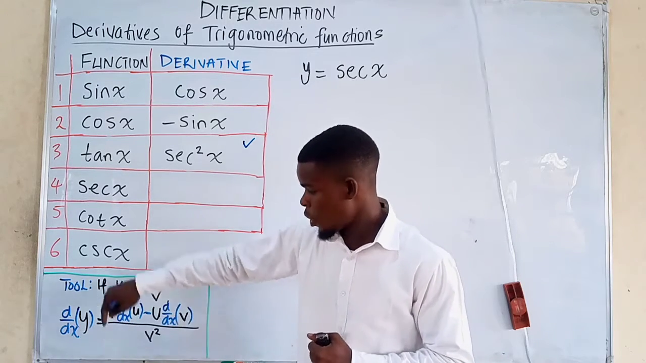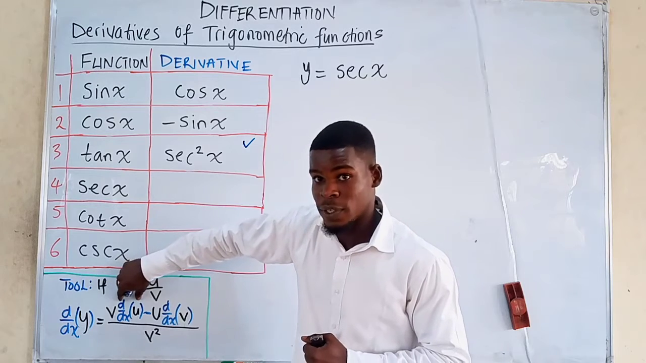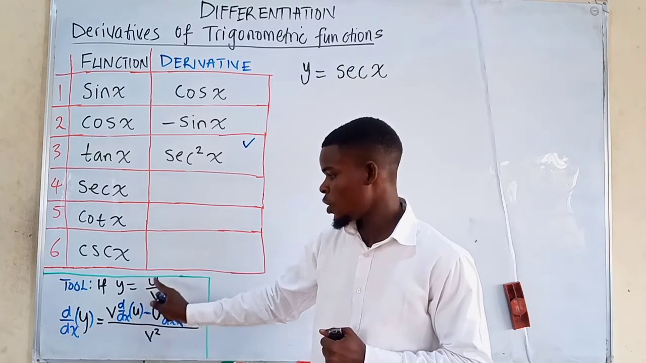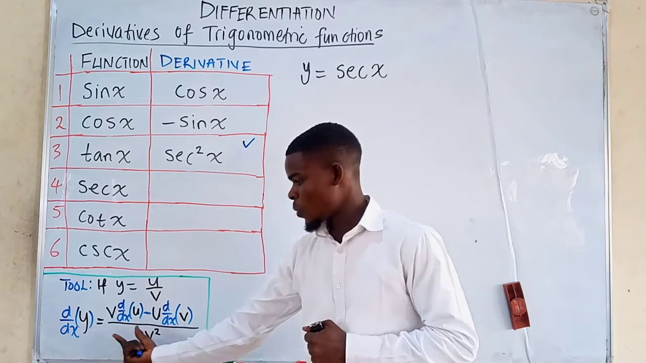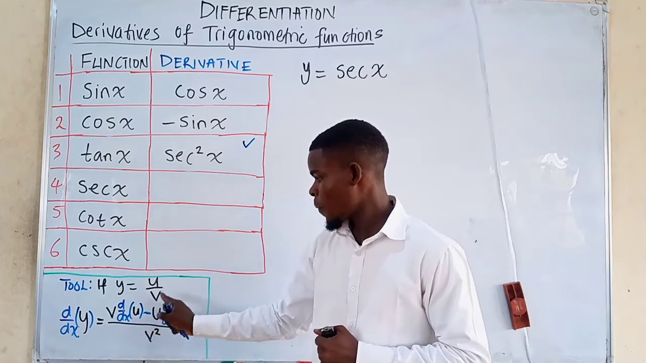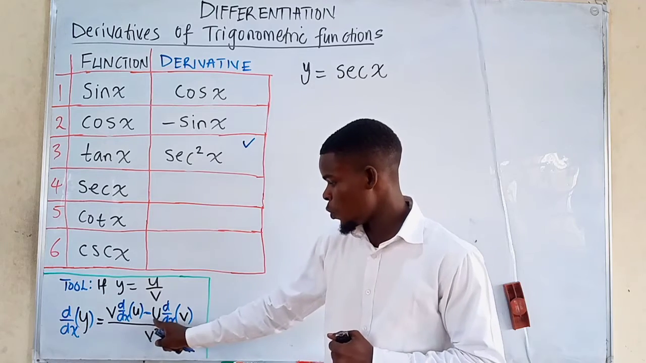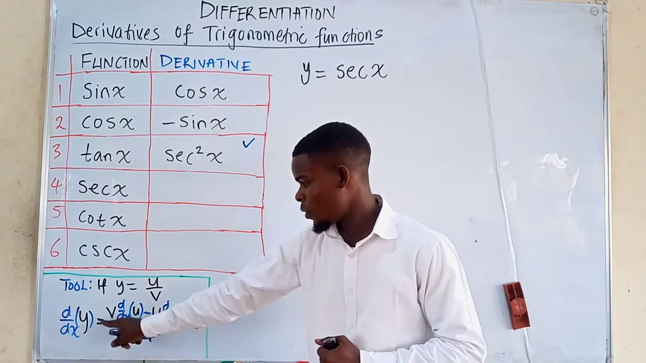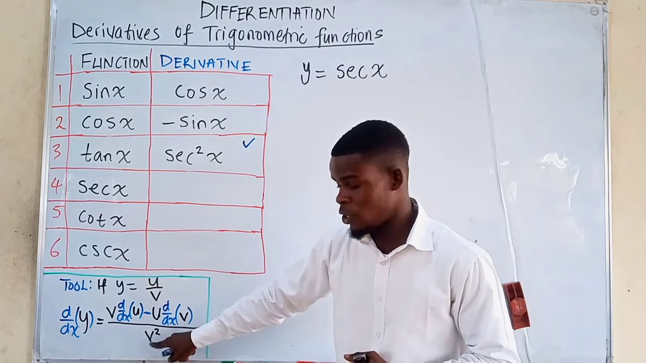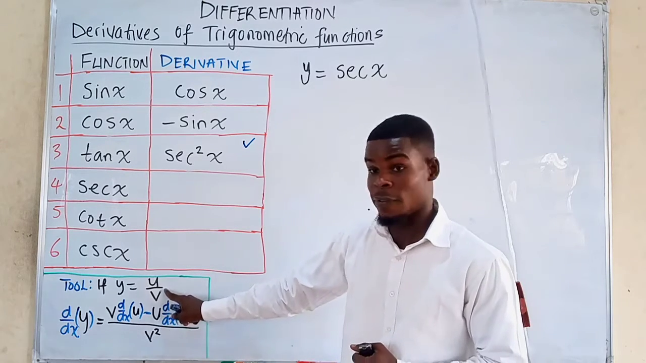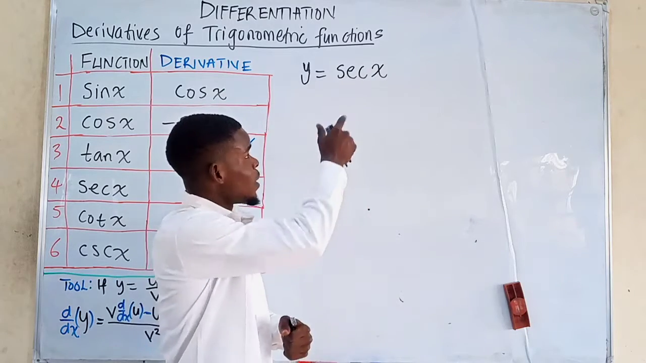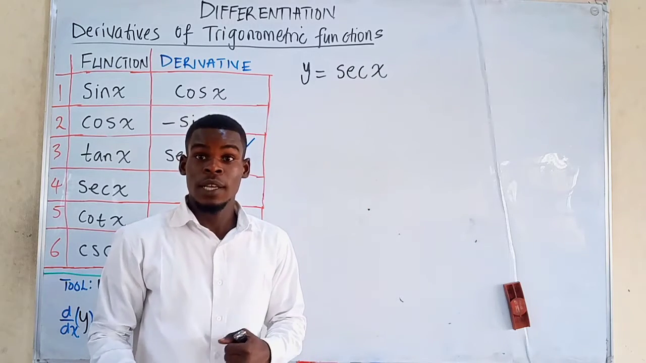will be, you keep the v, which is the denominator, and differentiate u, which is the numerator. So you multiply them together, then minus the numerator, which is u, times the derivative of the denominator. Then we are done with that. Now take it all over the denominator squared, which is v squared. Good. So we'll be using that rule because I'm going to change this function secant x to a fraction